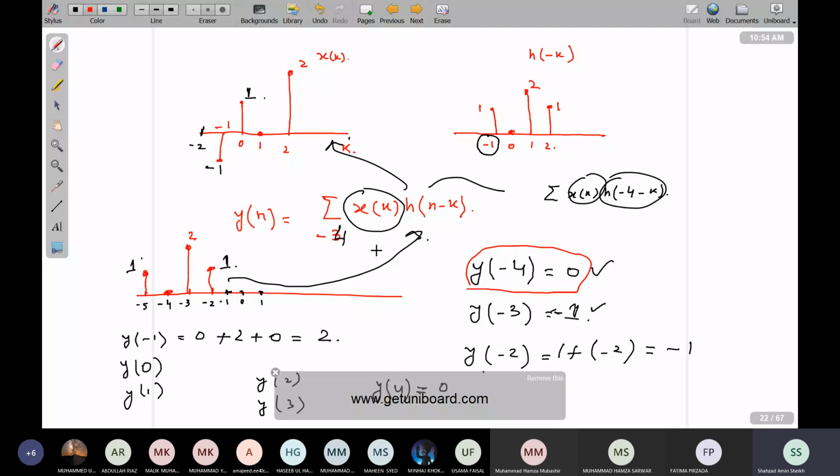So minus 4 अगर मैं इसको देखता हूँ so this is in fact y of minus 4, h of minus 4 minus k. तो क्या हुआ, जो 0 पे जो चीज पड़ी हुई थी वो minus 4 पे आ गई है. ओके, जो 0 पे चीज थी वो minus 4 पे है, जो minus 1 पे थी वो minus 5 पे है, जो 1 पे थी वो minus 3 पे है, जो 2 पे थी वो minus 2 पे है. ठीक है, minus 4 किया है. So in that case, if you look at this x of k multiplied with h of minus 4 minus k, तो क्या रिजल्ट होगा